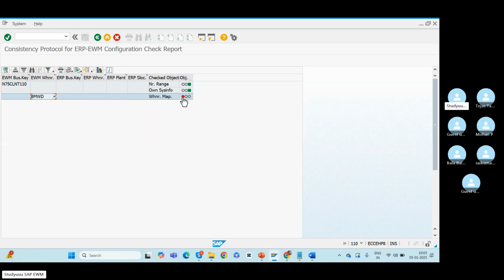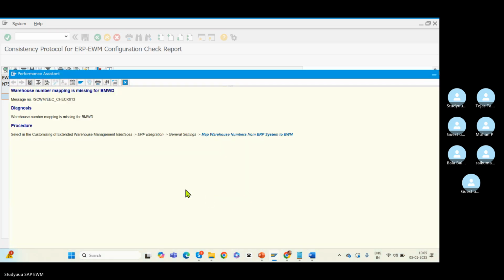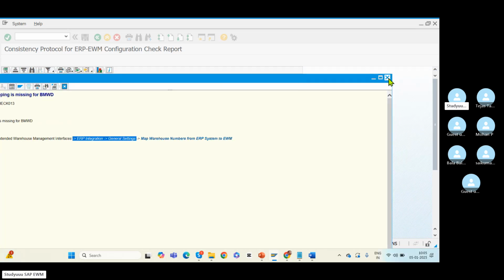Warehouse mapping is missing. Click on this one, and it will show you what exactly we are missing here. If you see here, the customizing of EWM, ERP integration, general settings: map warehouse numbers from ERP system to EWM. So we need to map the warehouse number with respect to the